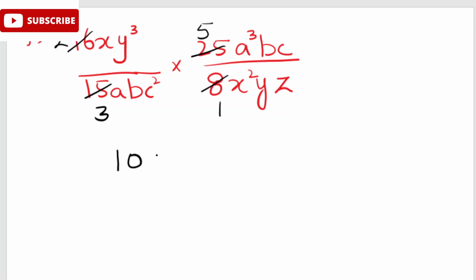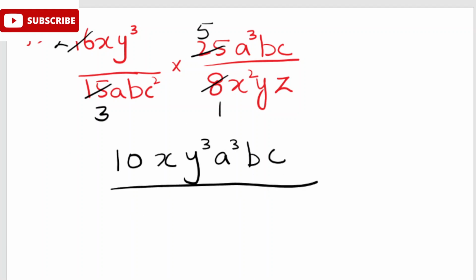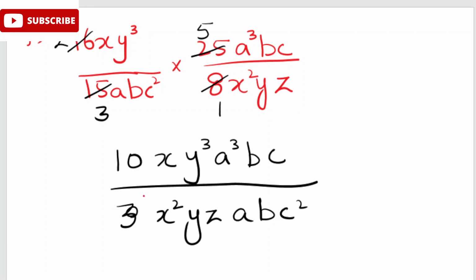What about the variables? So now look, x, y cube, a cube, b and c. And in the denominator, you guys can just write 3. You guys can write x square, y, z is there, and then a, b, c square. So just simplify this. So now how can you further simplify? This one is x, you can cancel this with this one. This can cancel with this, y, z remains as it is. We can do this with it. We can cancel with this. So the final answer of this part will be just what it will be